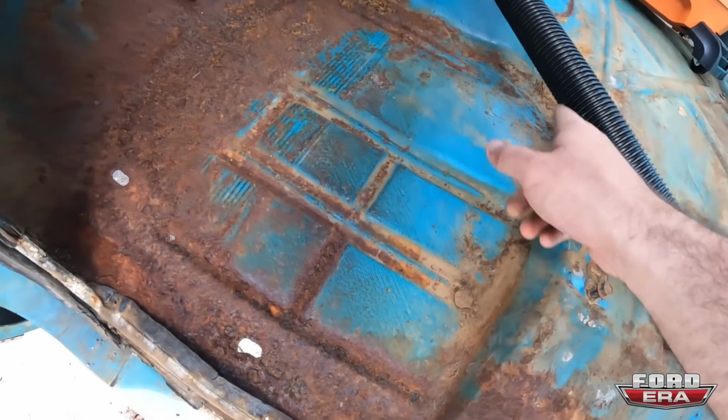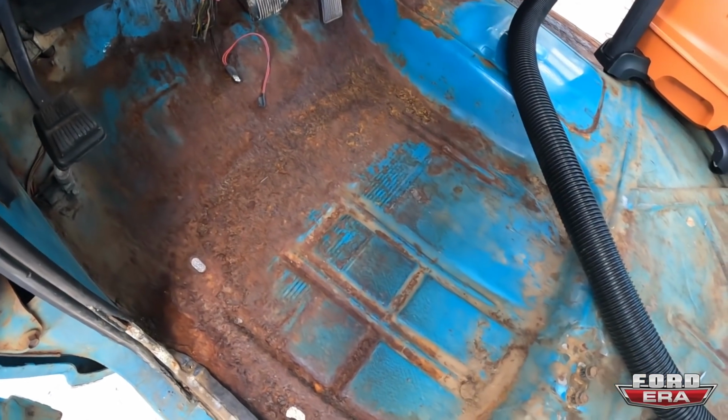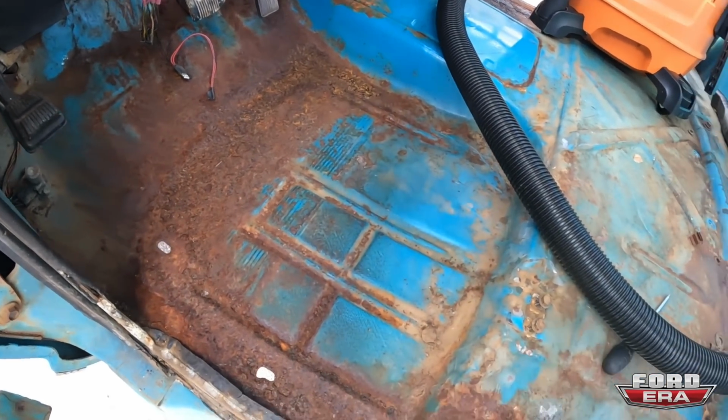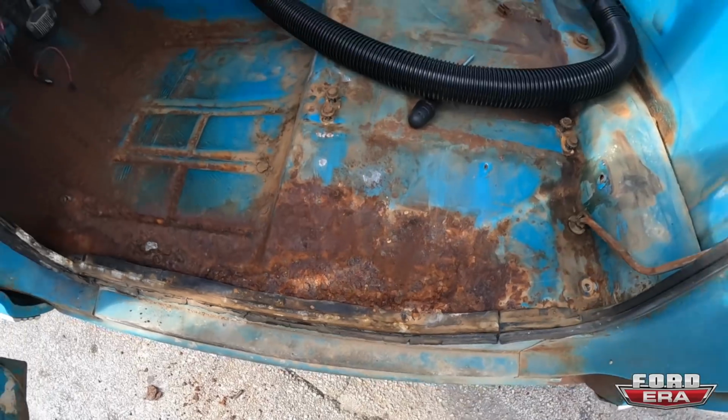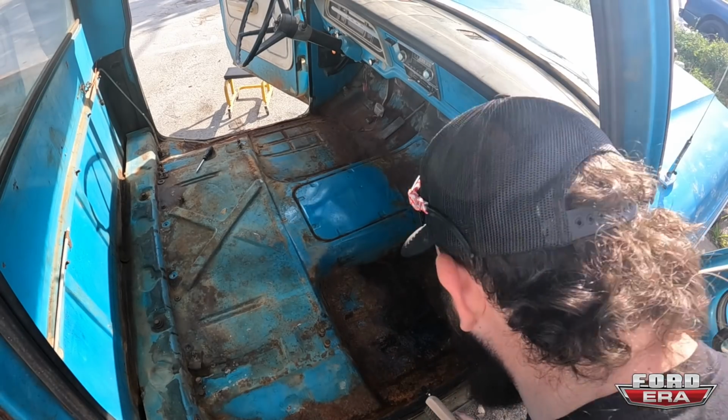Now I gotta hit it with the bristle brush. Probably also hit it with like a wire brush or something, just to kind of kick off all the flake, and vacuum it one more time, and then I think I'll be pretty happy with how the floor looks. So I'm gonna go do that right now, and I will pick you up when I finish all of that. So, got a bristle brush, just gonna